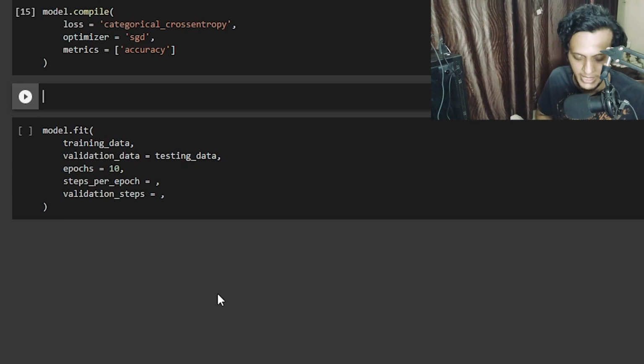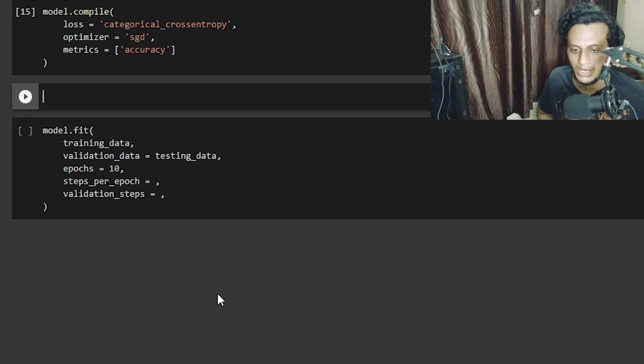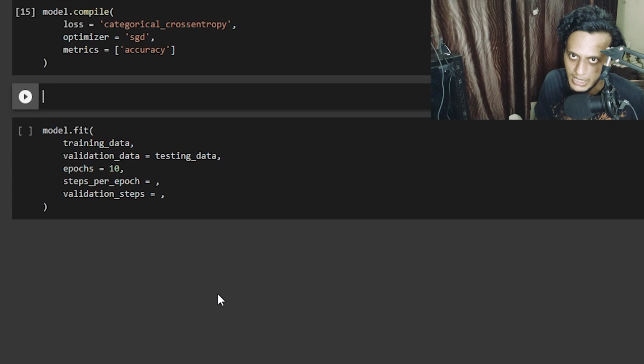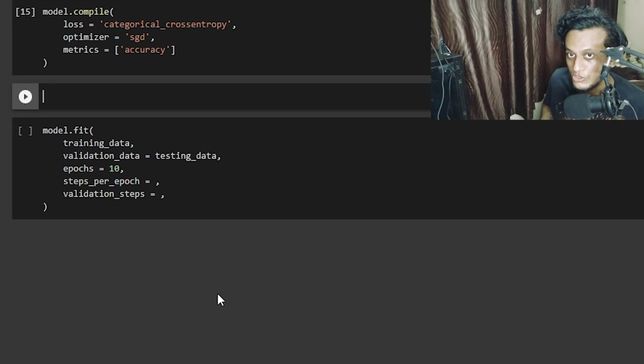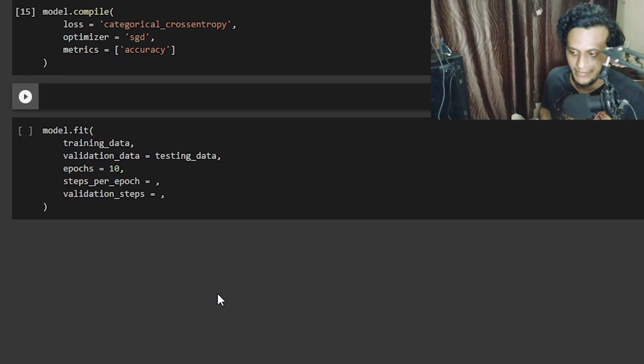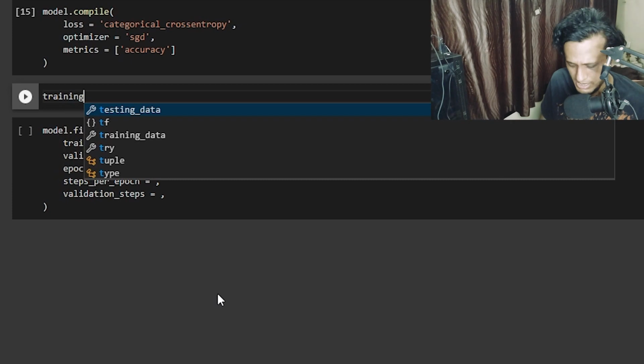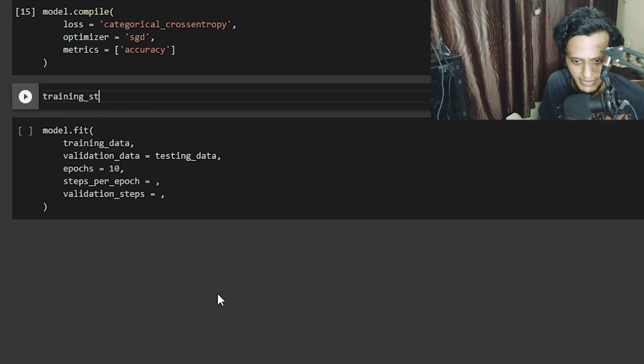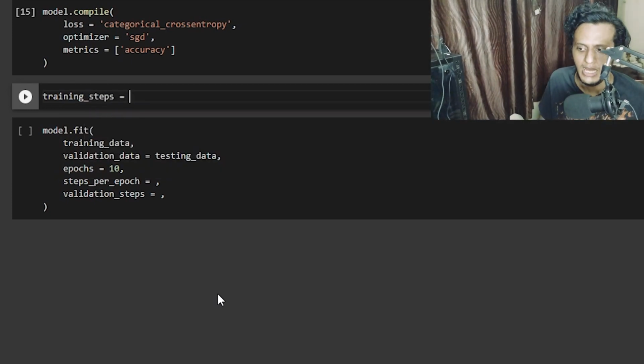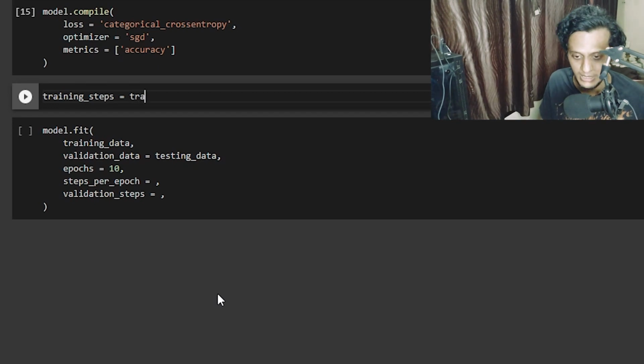The way we do it, I'm going to take all my samples and divide them by the batch size. That is going to be the steps every epoch takes while training. So let's say training steps, that is the name of the variable I'm making, and here I'll say training data.